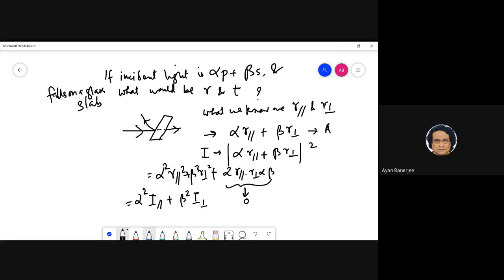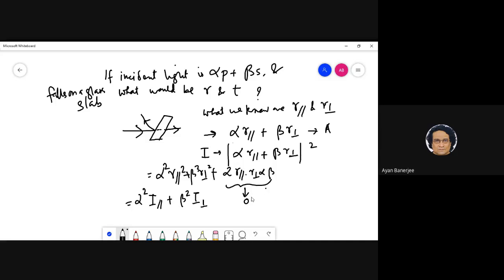This is the correct answer. But obviously, if you measure, you will actually find out something like this. Crucially, if you calculate this whole thing, you'll get a wrong answer. Because if you do the math, there is no reason to drop these terms. But physically, they basically mean something else.